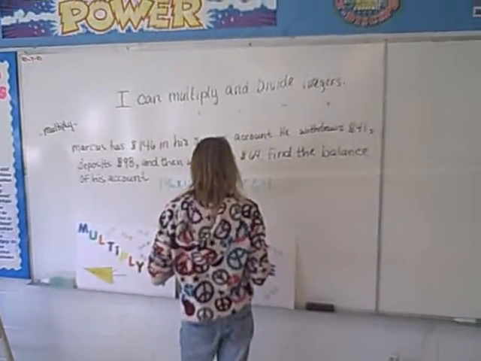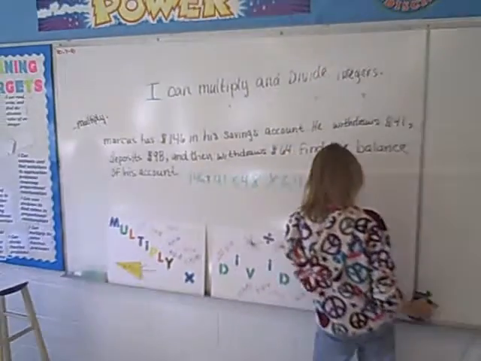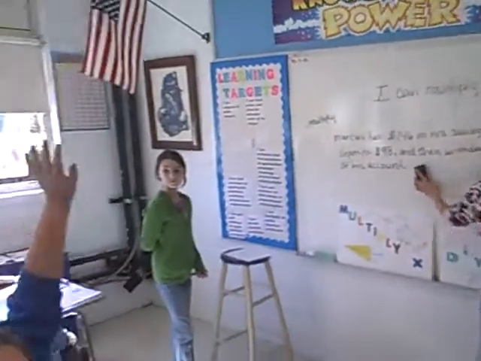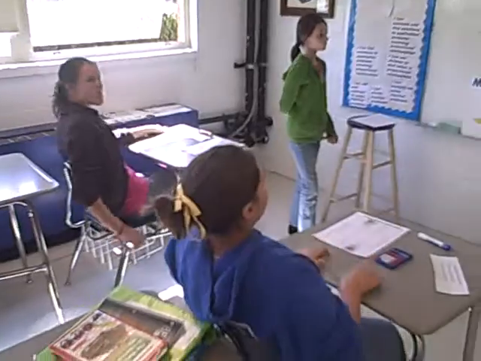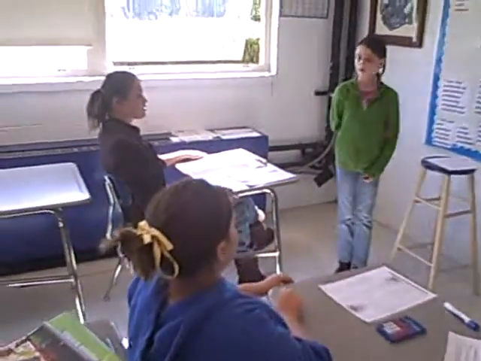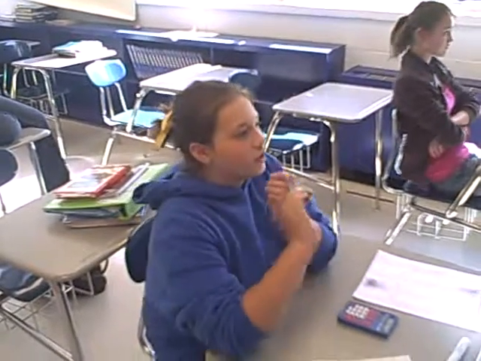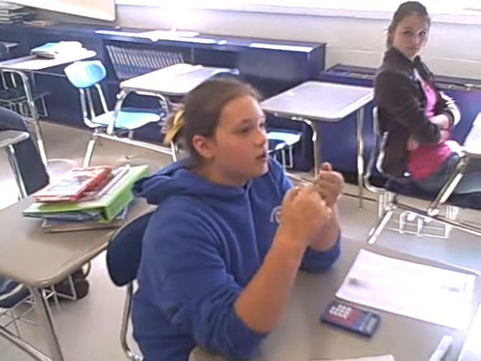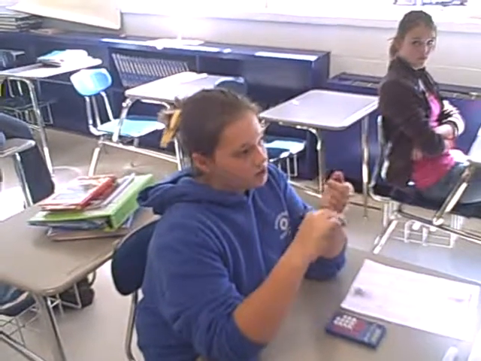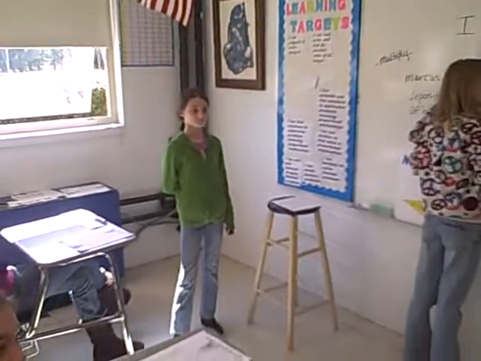There is one issue here, okay? Let's just read the question real quick. Who wants to read the question? Marcus has $146 in his savings account. He withdraws $41, deposits $98, and then withdraws $64. Find the balance of his account. Okay, so we're subtracting. Okay, very good. Are we only subtracting? We're subtracting. We're adding. We're adding also. Okay, so